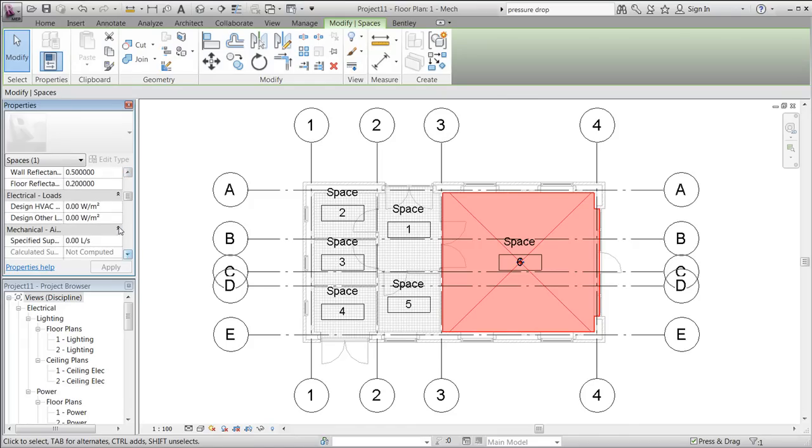For lighting, has to do with the electrical load from HVAC system and other appliances, as well as information about air supply, etc.